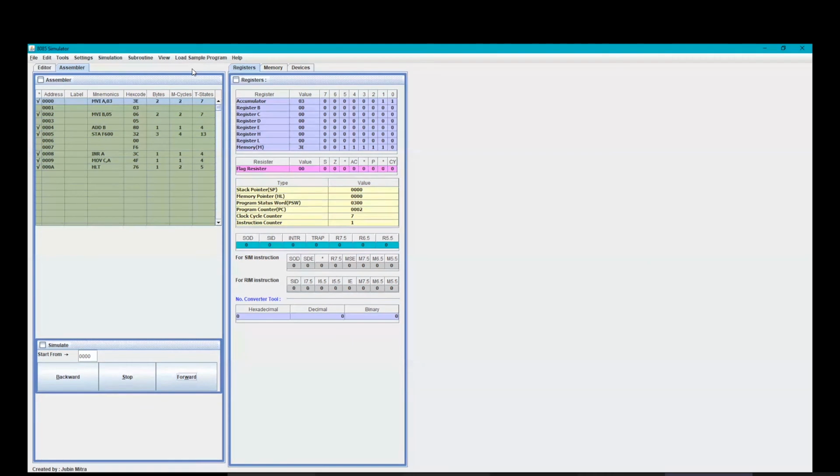Go ahead, Advaita. As you can see, the accumulator is loaded with some values now. Go ahead, next one. As you can see now, register B, it's very small on my screen, but yes, it's loaded up now. Very good, thank you, Advaita, for pointing it out. Next, add B. Now as you can see, the B is now adding. Okay, it's added.